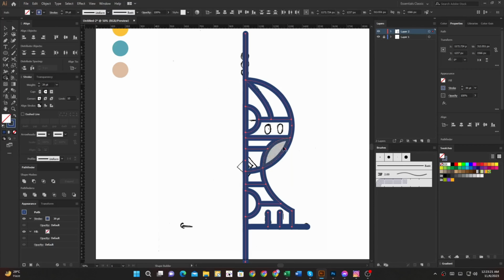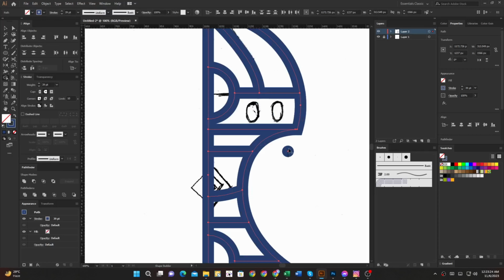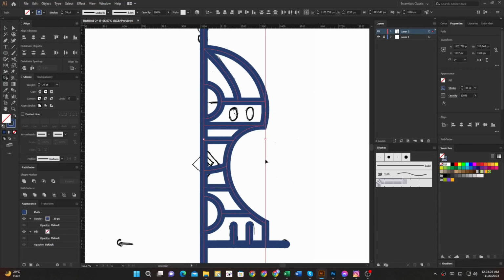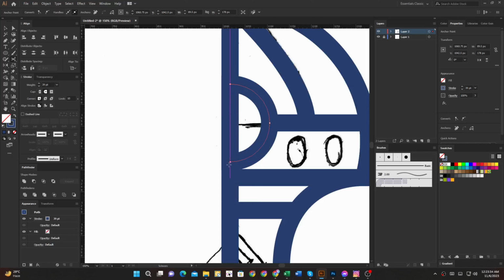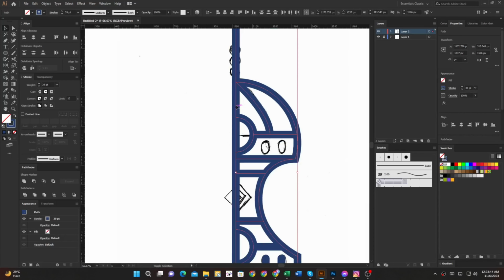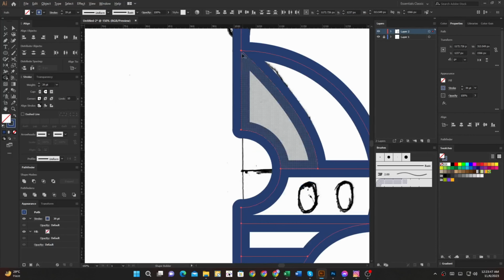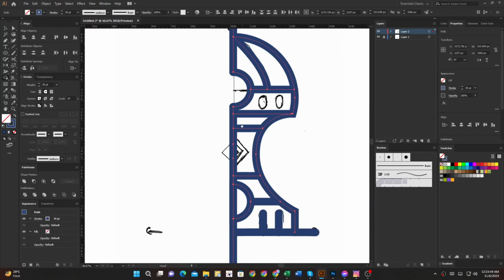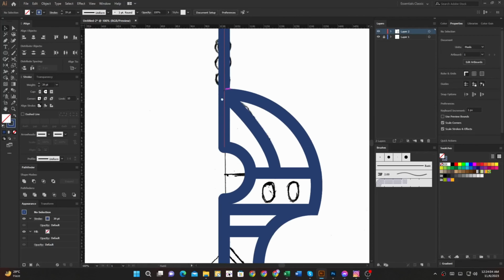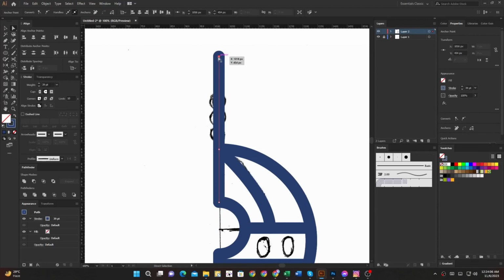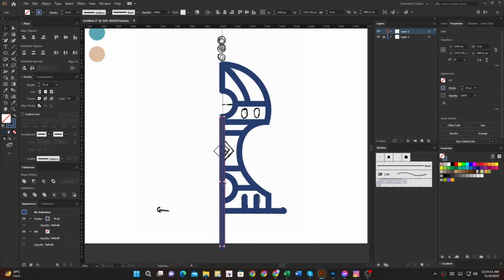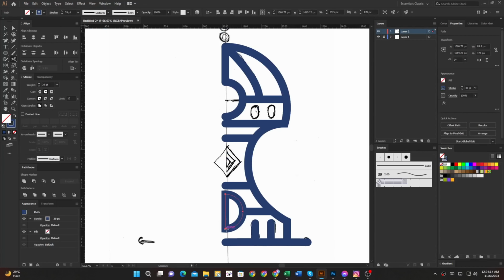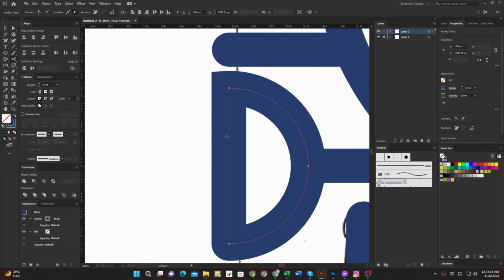Now select and I use a shape builder tool. And it's some remove. And it's some remove.